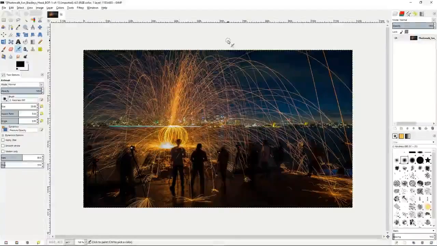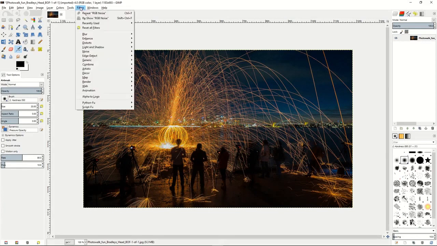Welcome to the next in our advanced tutorial series in GIMP. In this tutorial, we'll show you how to remove noise from photos that have been taken with a lot of noise in them. Here you'll see we have started with a picture that has a bunch of noise in it, and we're going to remove the noise, and we can do this in many different ways, including going to the filter option,